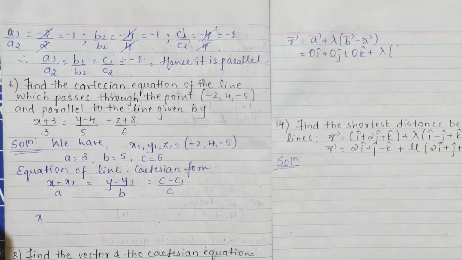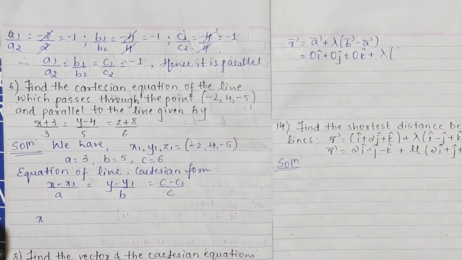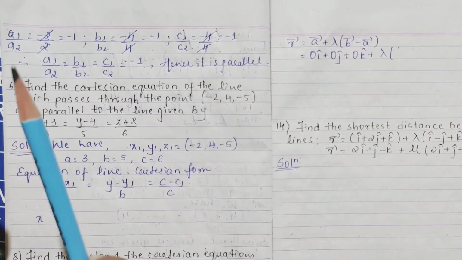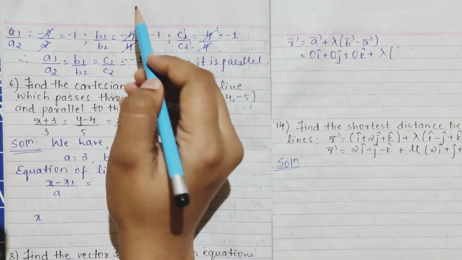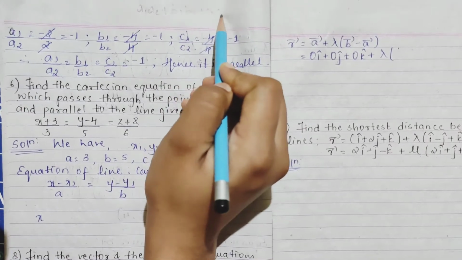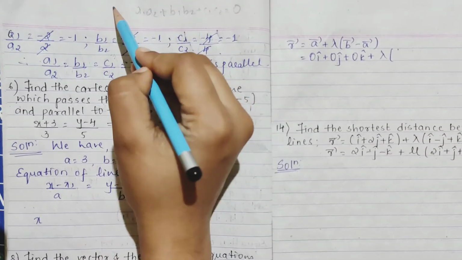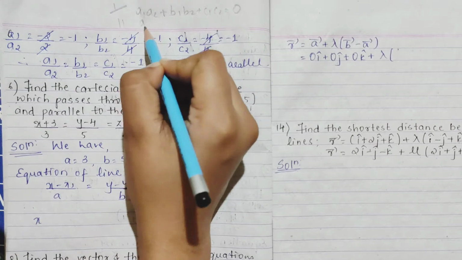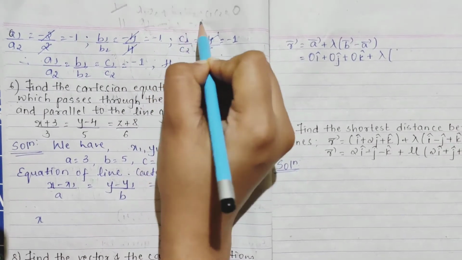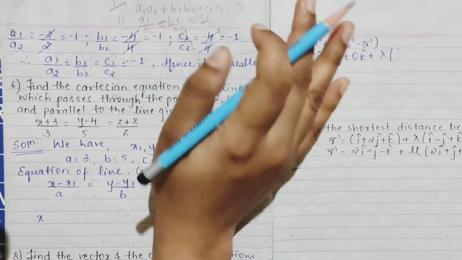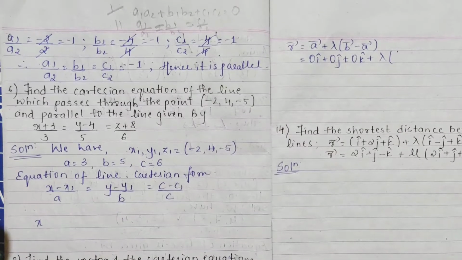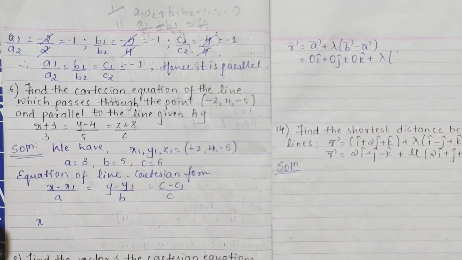Okay. In this whole chapter they will ask you only perpendicular and parallel. Just remember, perpendicular means the right hand side should be 0. You multiply: A1 A2 plus B1 B2 plus C1 C2 equal to 0, you have to get. This is your perpendicular. Parallel: A1 by A2 equal to B1 by B2 equal to C1 by C2. Simple. You have done this in vector algebra also. Only this part is there. Okay. Pause the video to note it down.